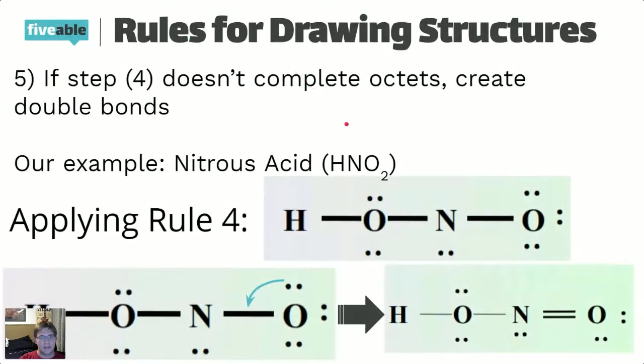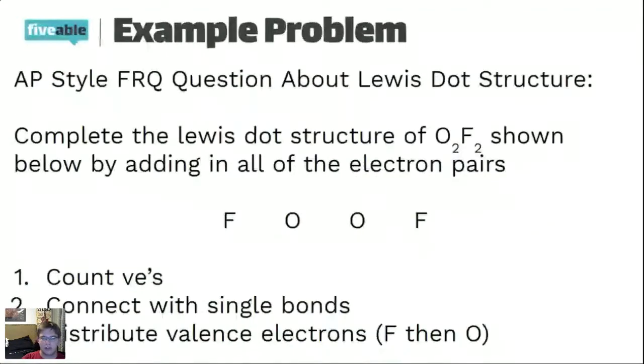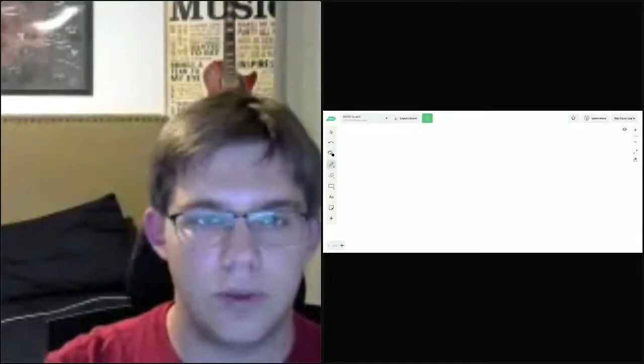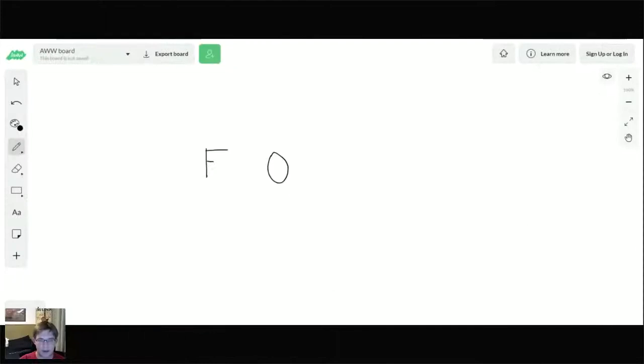So here is an AP style free response question about Lewis dot structure. It says, complete the Lewis dot structure of O2F2 shown below by adding in all of the electron pairs. So remember our steps: we count valence electrons, connect with single bonds, and then distribute our valence electrons. I'm going to pull up a little whiteboard and show you how to do this step by step. So let me close this Chrome tab. There we go. So we had it like this: F, O,